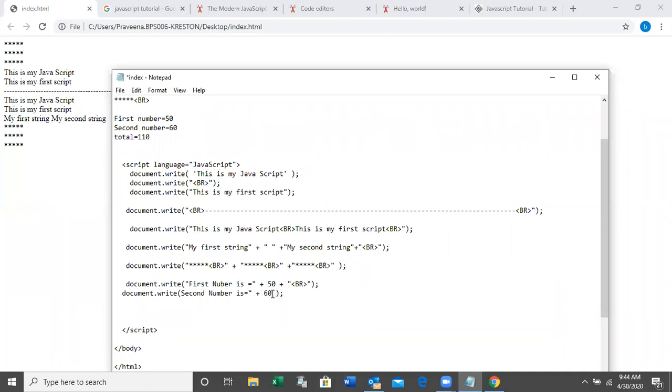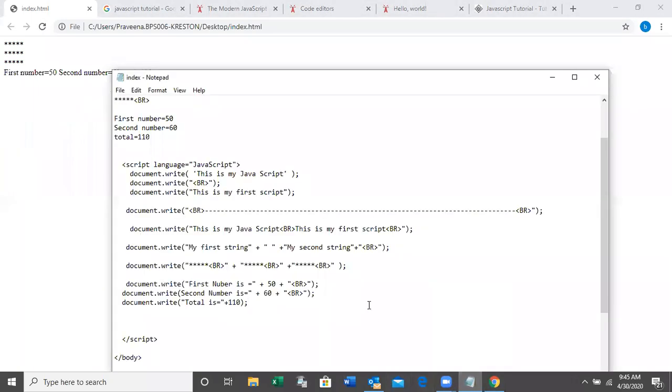Here also for the line break, I'm just using the plus operator to join the HTML tag with the number or the string. Then document dot write, total is equal, plus 110. Okay, that's it.